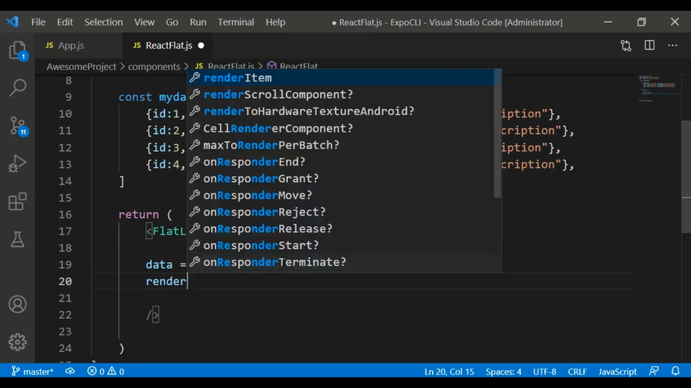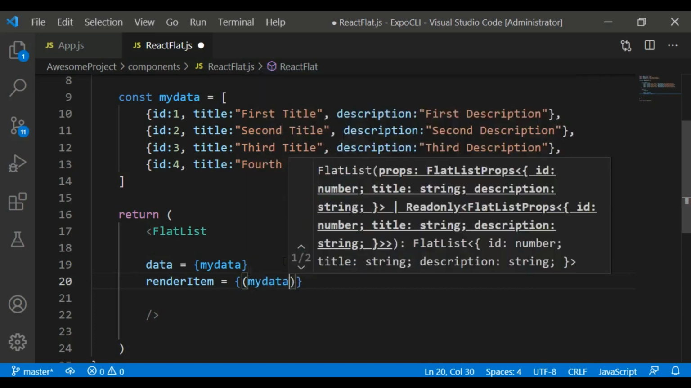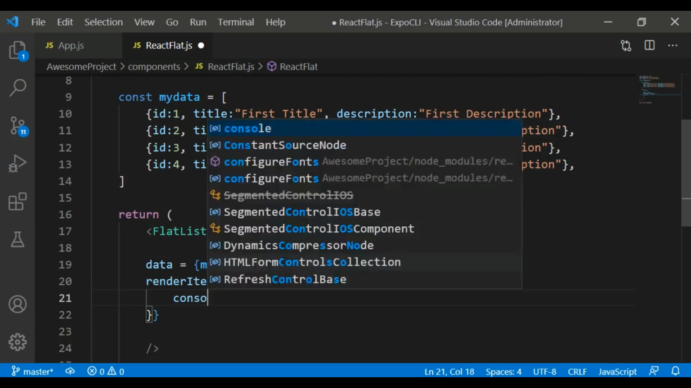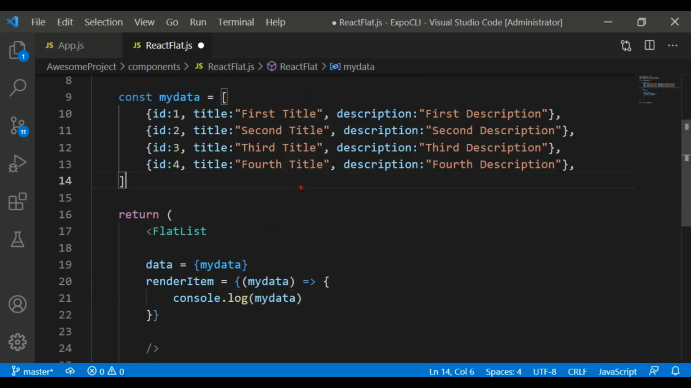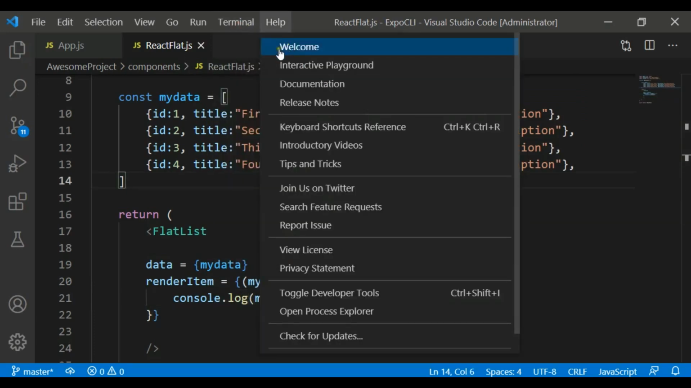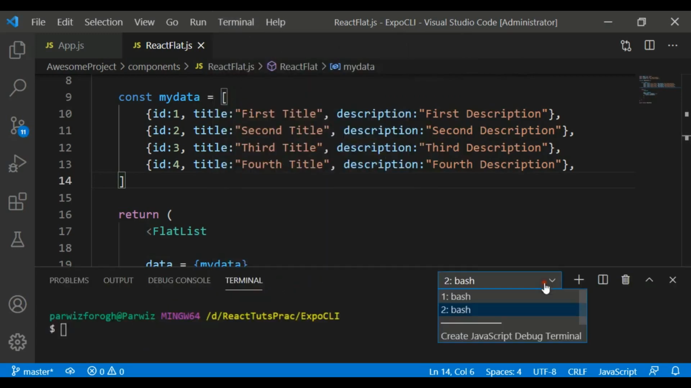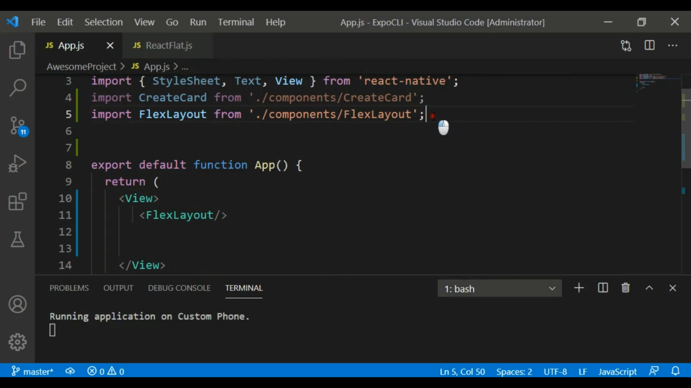So I can just say renderItem, and for the renderItem, for right now, let me just say my data, and I can just console.log my data. Okay, so now let me first open the terminal in here, like this. Okay, now let me add this in my App.js. So I can just copy this